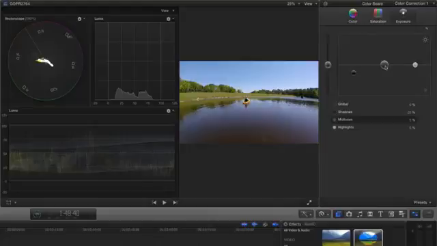Let's go over here to the midtones. I'm going to pull that down a little bit. That looks good to me. It's at 7%. So the next thing I do on every clip, if necessary, I go to the saturation. I go to my global setting. I want everything in there to be